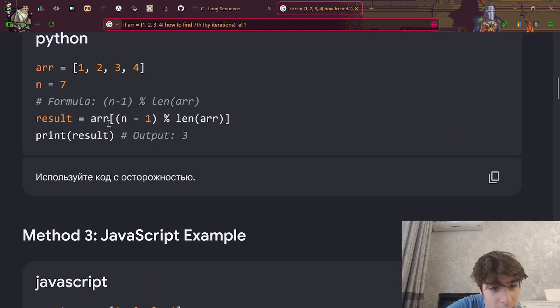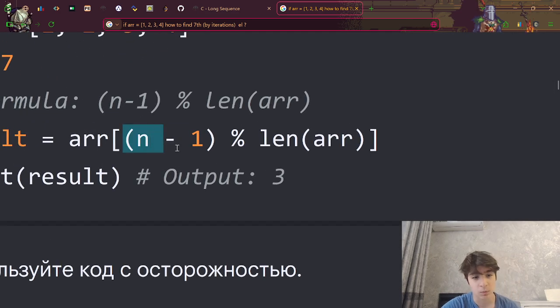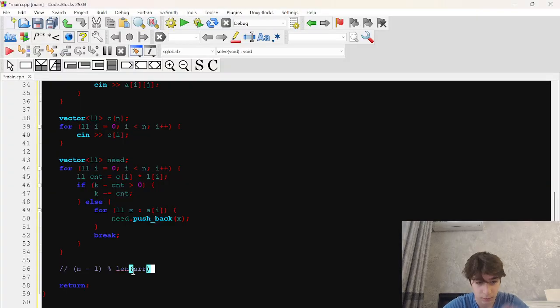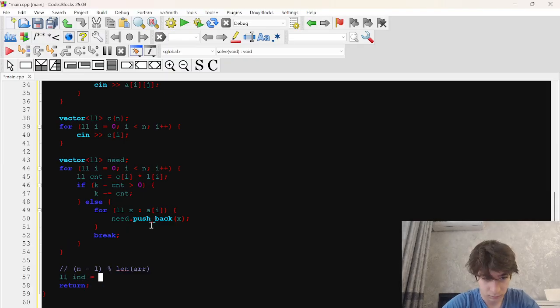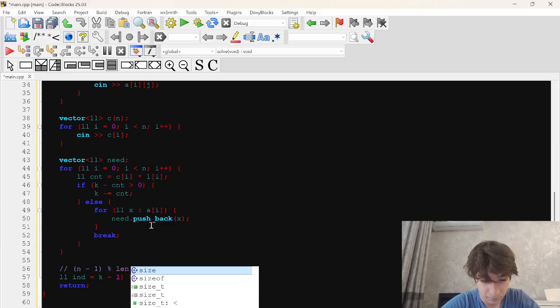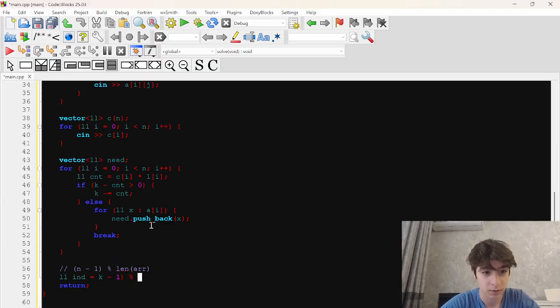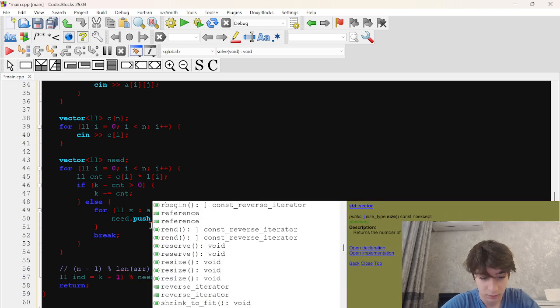Okay, so this is n minus 1 and the length of array, let me copy this. Then array index is going to be equal to k minus 1, k minus 1, need size.